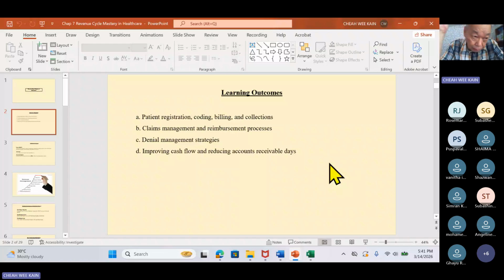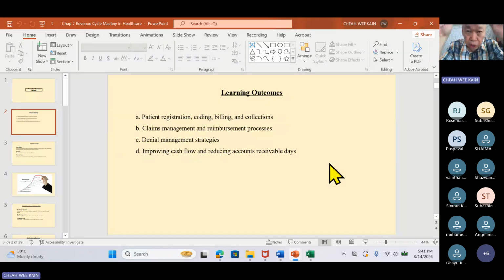Long stay customer, pay deposit first. Got insurance or no insurance? If you got insurance, okay, fine. If you got no insurance, all right, bring out your credit card first, pay some amount, and then keep on topping up, until the day you get discharged. That is called revenue cycle.